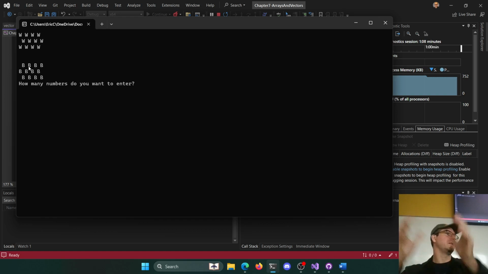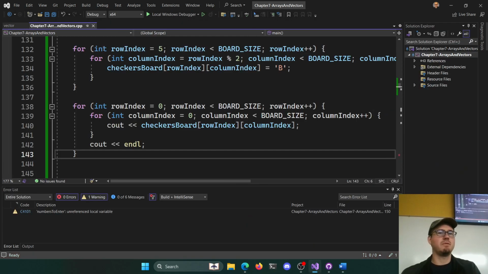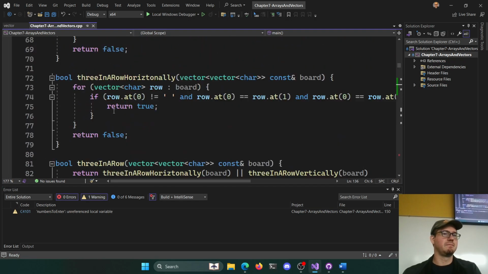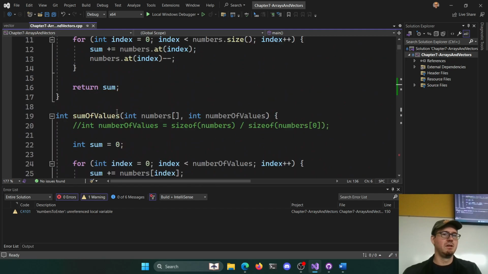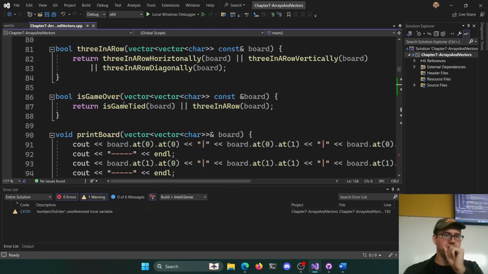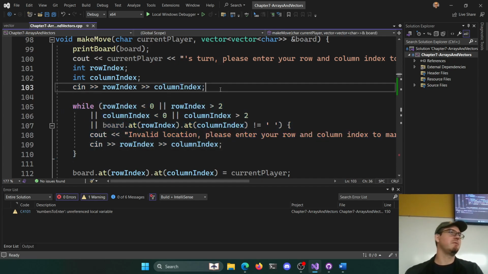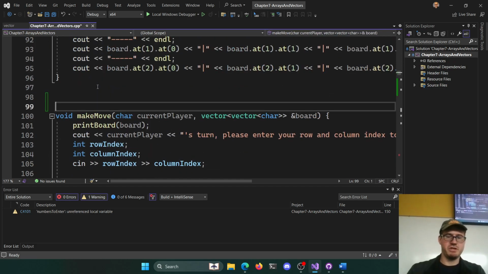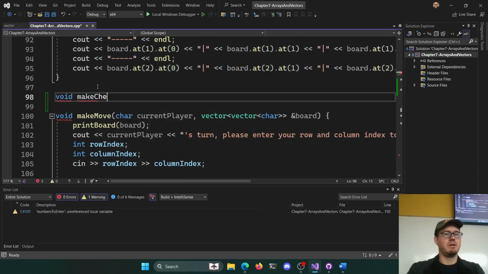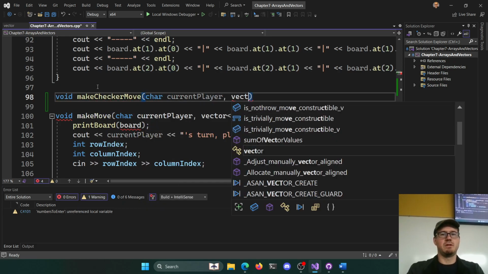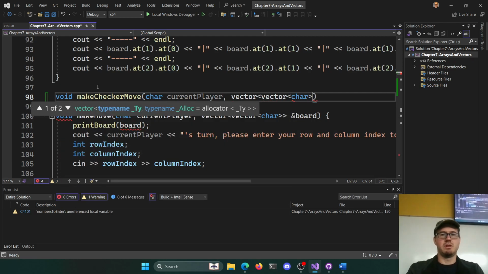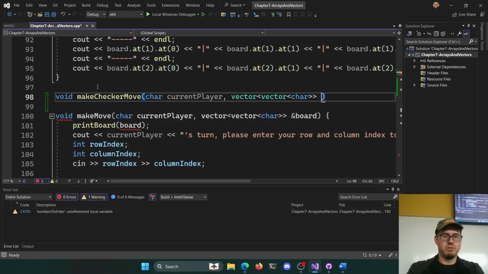But again, we could take a big problem and break it down into smaller problems, right? We won't actually do it here, but imagine if we wanted to figure out if a checker move is valid. Where is our is valid here? This one was our valid loop here. So I think I would break this up into different pieces. Get the row and column index. First thing we'd want to check. So if we were doing this make checker move, given the char for the current player, given the vector of char reference for the board,